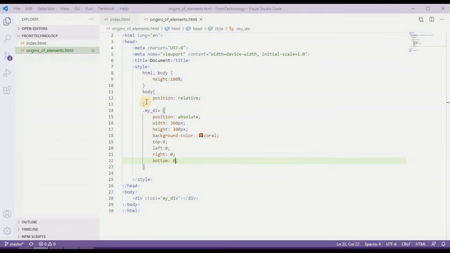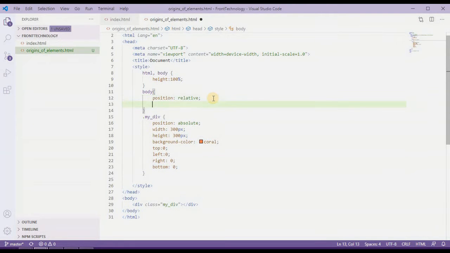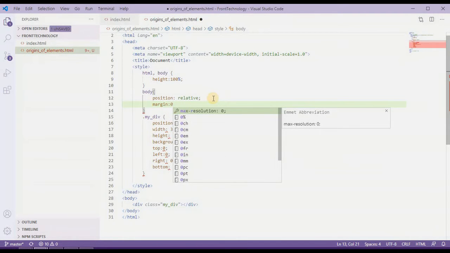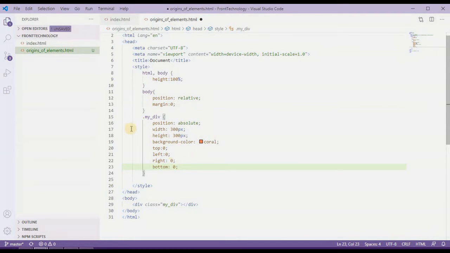Let's go back to our editor. First of all I need to clear this margin. So margin is basically 0. So now we have provided all the values like top, left, bottom and right as 0.